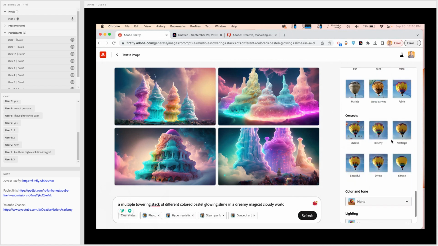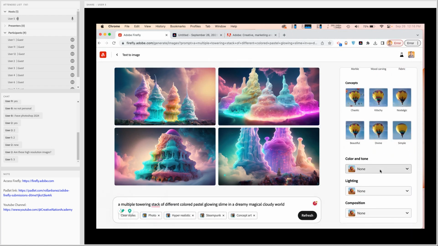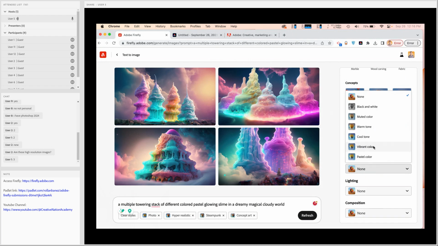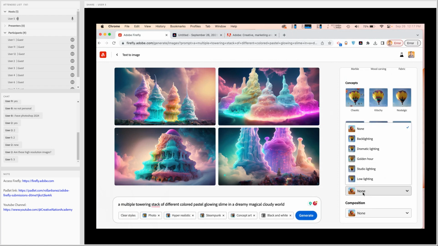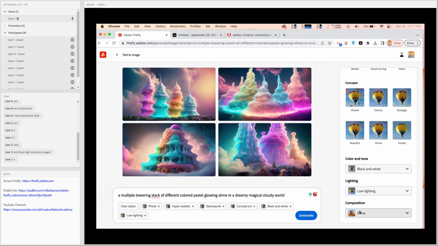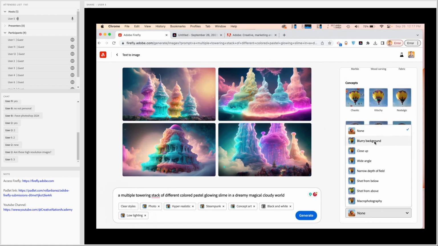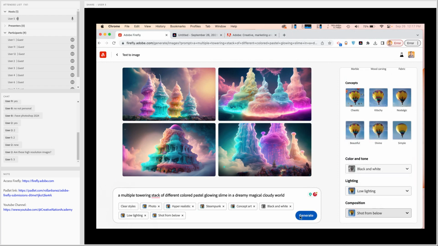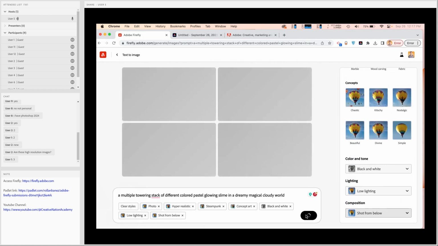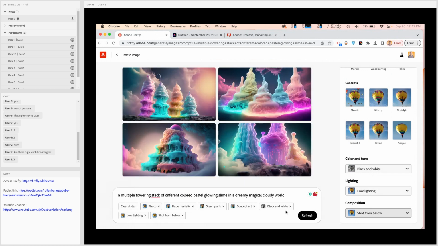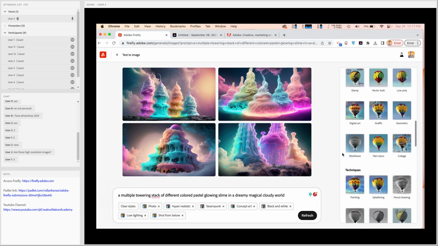Okay, and if you want, you can easily play with some of the other options, such as the color and tone. For example, this is already vibrant, so I want this to be like black and white. I can easily do that. If I want my lighting to be low lighting, I can easily do that. And even the composition itself, let's say shot from below. Let's try that. There's no harm in trying. Let's click on generate. So there are lots and lots of activities that you can give to your students for them to ideate the next images that they want to do. For example, this one. Okay, so that's text to